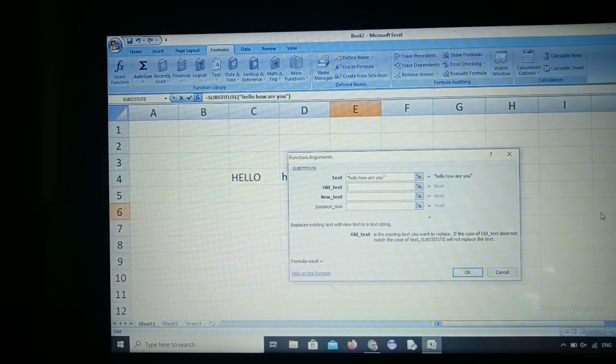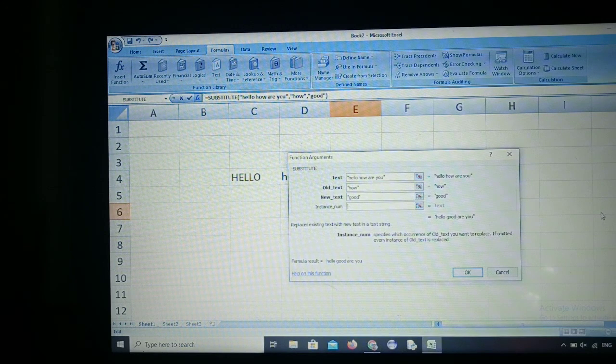Old text is "how" and new text is "good". See that? "Hello, how are you" is your text. Old text is HOW and new text is GOOD. So what happened? GOOD is substituted in the place of HOW.